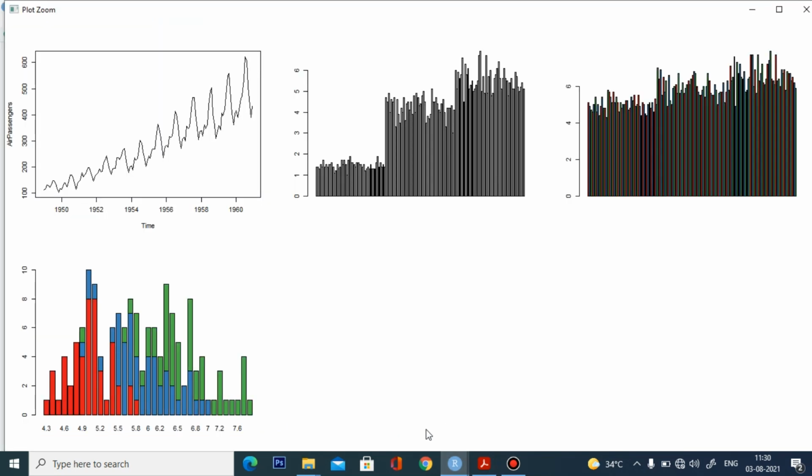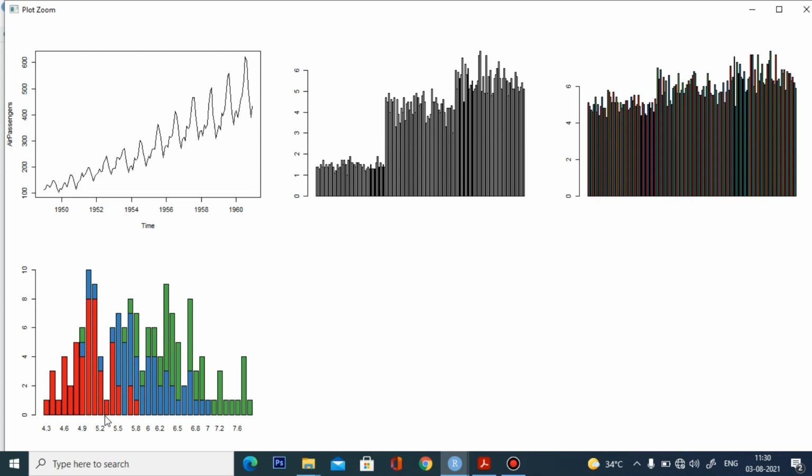In this diagram, these 3 colors specify the 3 categories: setosa, versicolor and virginica. Setosa is shown in red, versicolor in blue, and virginica in green. Based on the sepal length, this shows how the data is categorized.